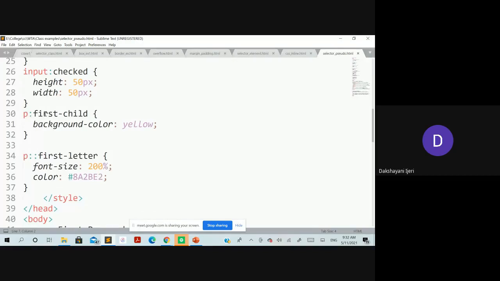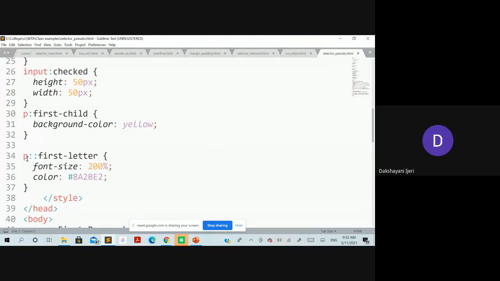Following that, you can see here these two elements are the paragraph elements for which we have defined the first child. That is, the paragraph being a first child to any parent element, right? It may be in the body section, or it may be in the division element. If the paragraph is the first child to any of the parent elements, it should have the background color yellow here, right?